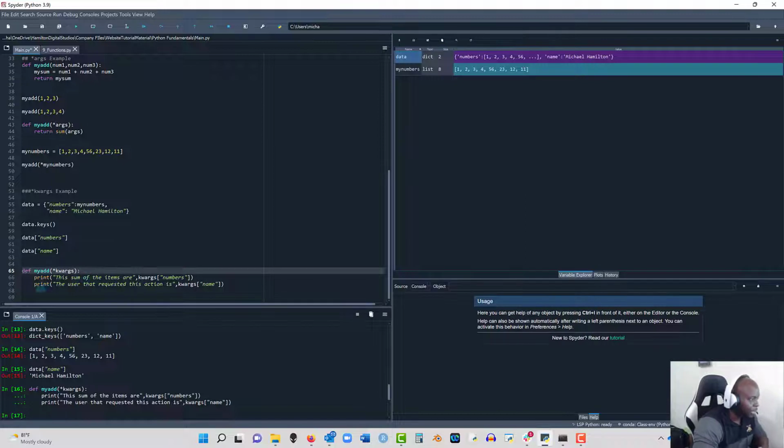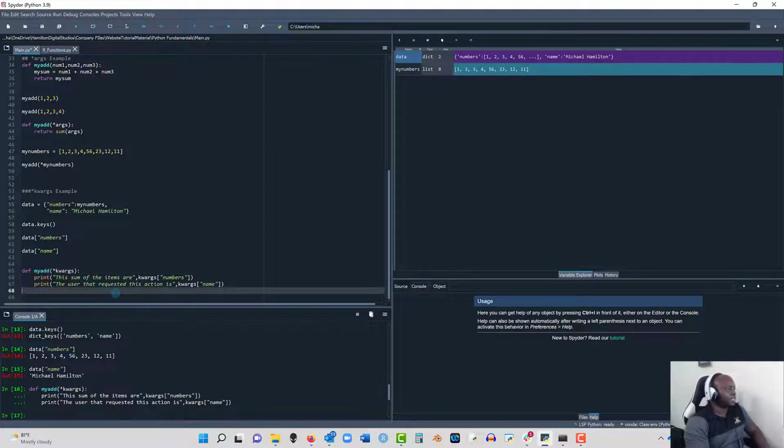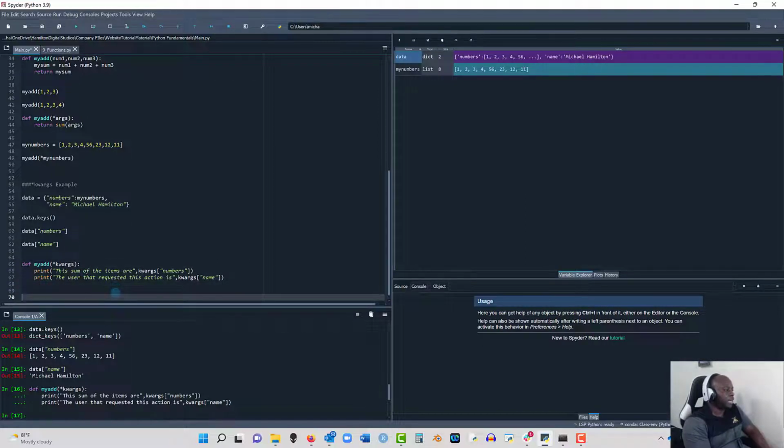So for it to run this, all we have to do is pass in, now my add requires a dictionary, so we did star and the name of the dictionary. In this case, the name of the dictionary is data. So once data is passed in, this function has access to those two keys and the data that's located with those key names. So when I do shift enter here,